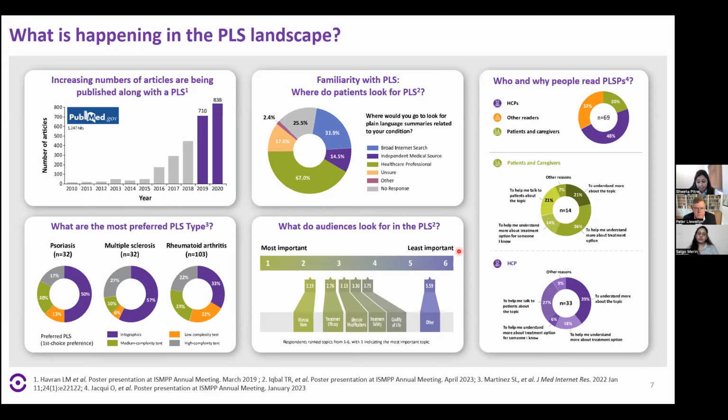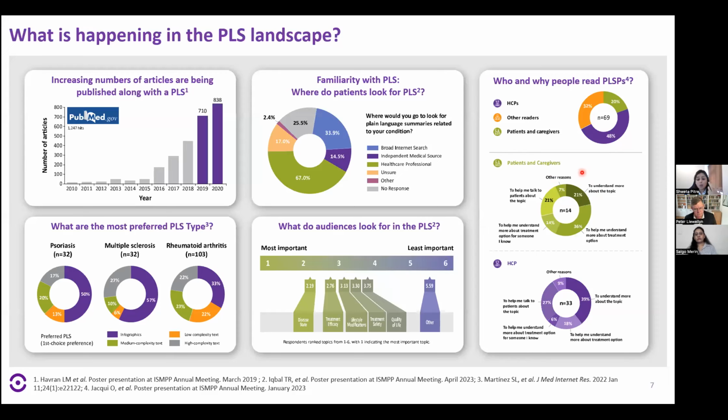So again, like I started off saying, the audiences are many: HCPs, policymakers, and so on. A lot of people have access to plain language summaries. It's a wide range of audiences. But who exactly accesses a PLS? If I look at it here, healthcare professionals are the highest readers of plain language summaries. Now, this number resonates with this number. So when I look at it that way, I know that healthcare professionals would potentially access plain language summaries to improve their communication with patients. It gives them a ready reckoner, a document to understand it in a simple way and then communicate the issue in a simple way. So I think this number makes a lot of sense.